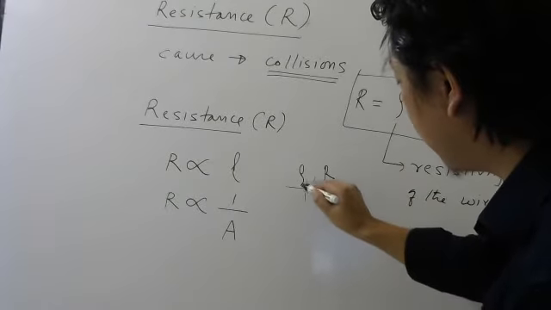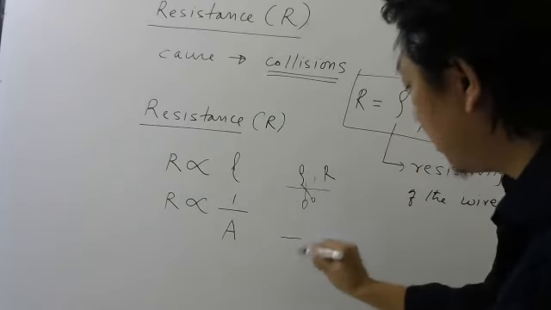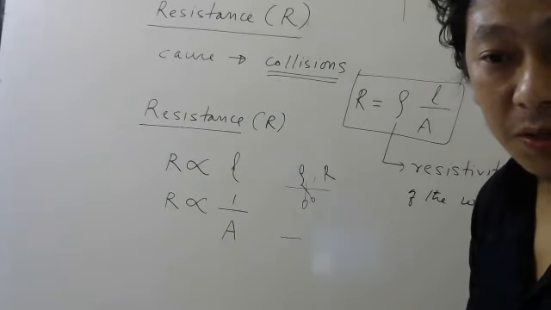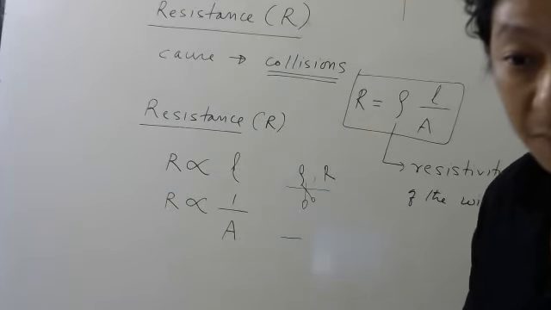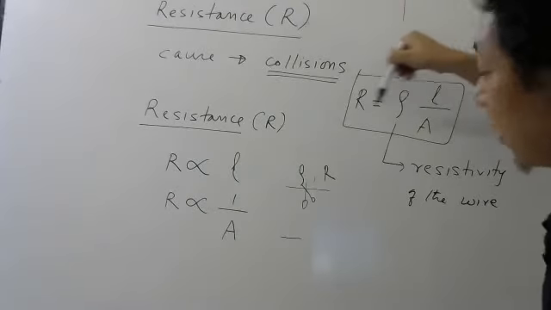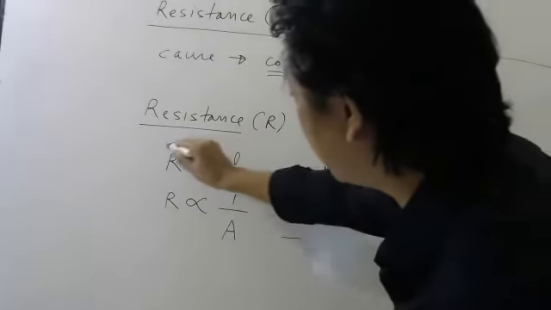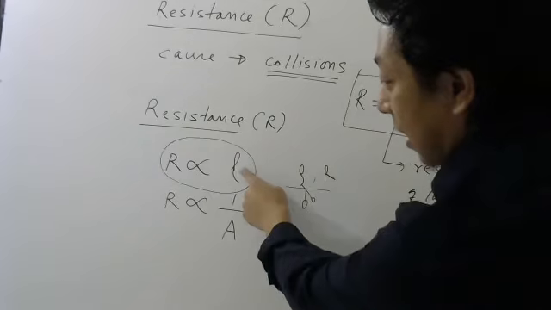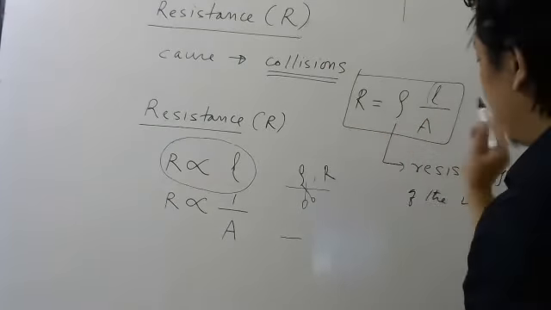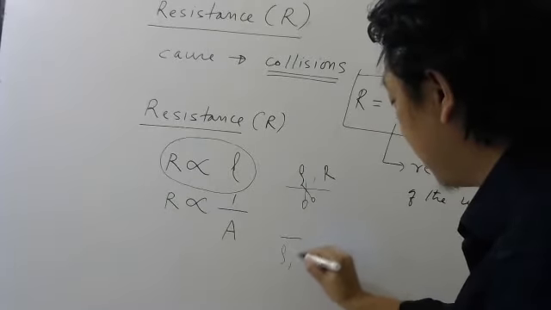Now I cut the wire into equal parts. Can you tell me what will be the new resistivity? What will be the resistivity? It will be the same. Okay, so do not think resistivity will be half, because it came as a what? It came as a constant of proportionality. So if length is half, look here, this proportionality you see. If length is half, resistance will be half. So if this is half, this will be half. So the 2 will cancel, resistivity will be the same. So remember, resistivity will be the same, resistance will be half.